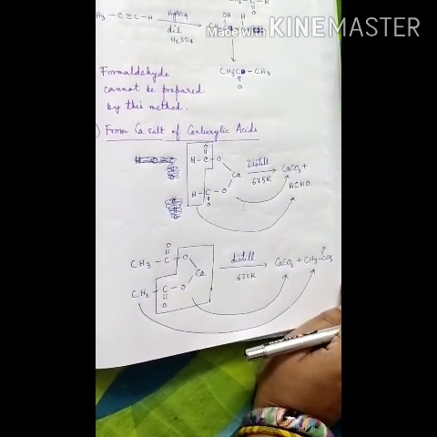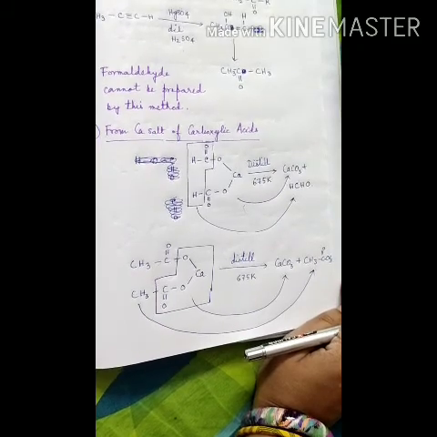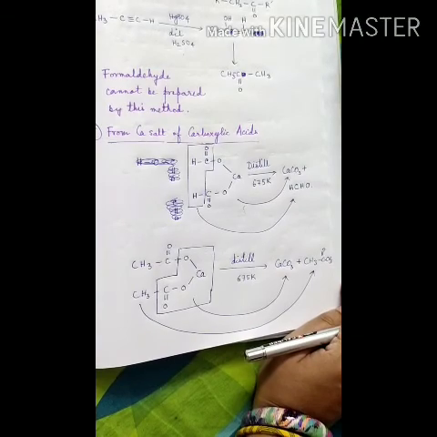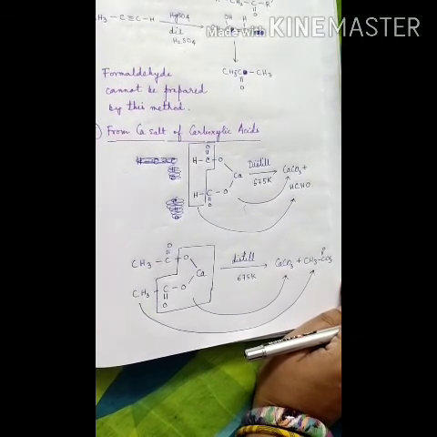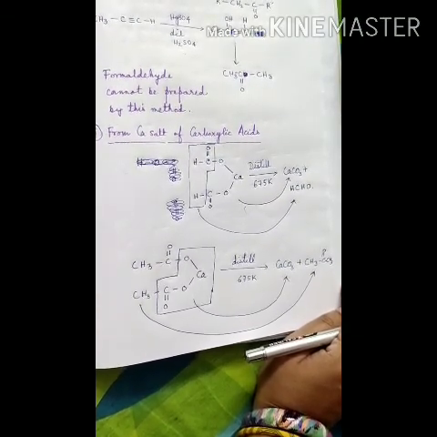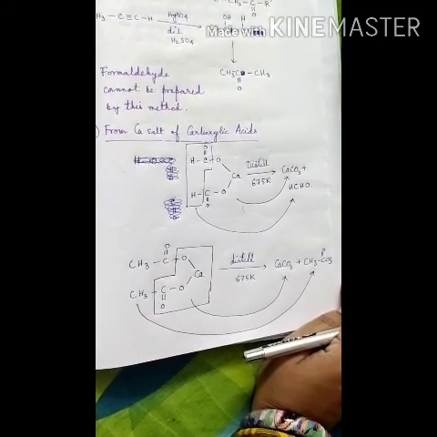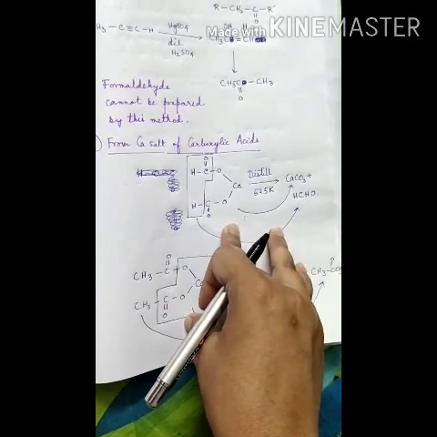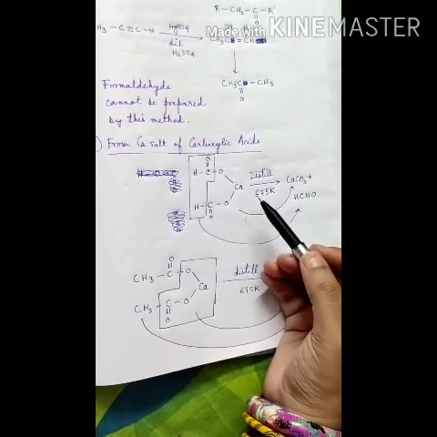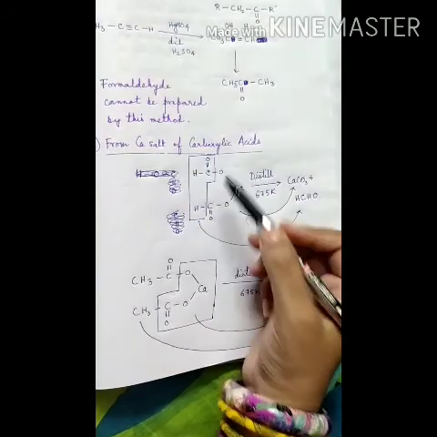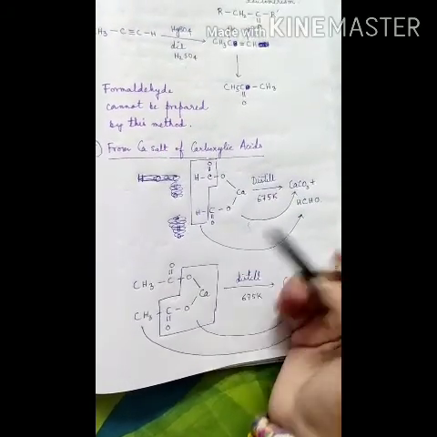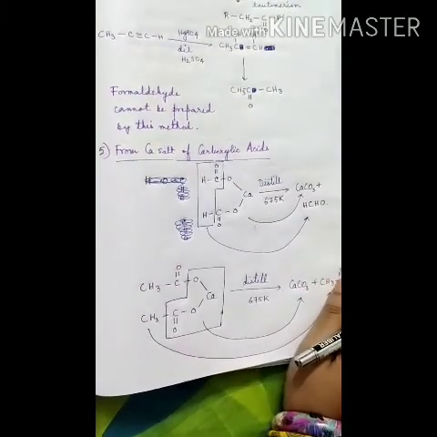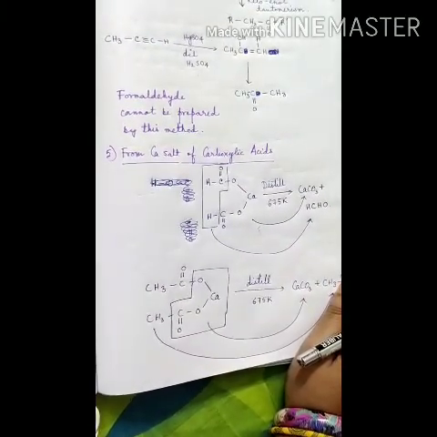Now if we want to obtain a mixed ketone, the preparation is done by the same method, but the yield of the product becomes very poor because a number of other products may also be obtained. Like suppose I am doing the reaction of calcium formate and calcium acetate together. I repeat, I am doing the reaction between calcium formate and calcium acetate together. Then we get a mixed product, that is acetaldehyde. On one side there is a CH3 and on the other side there is an H.